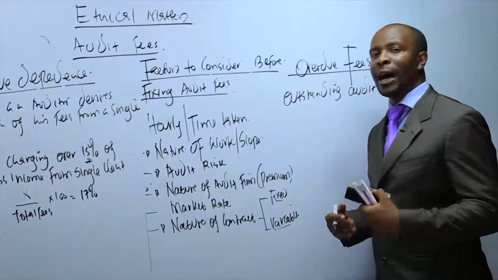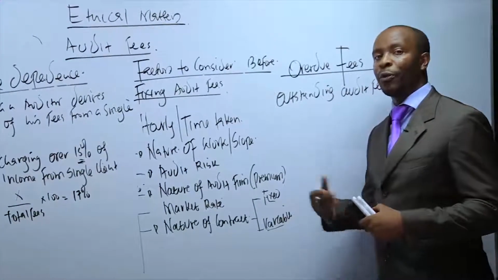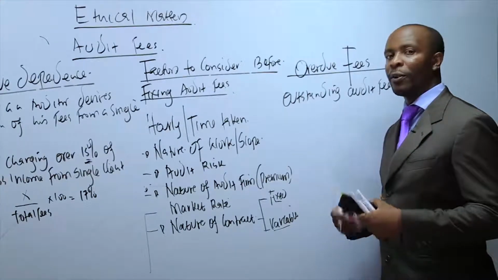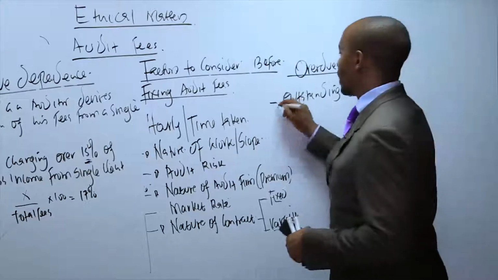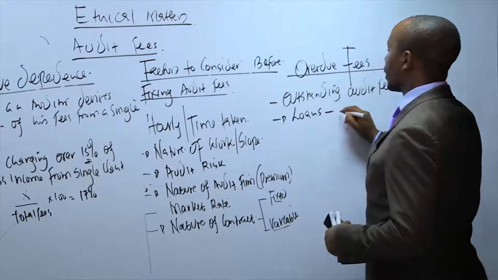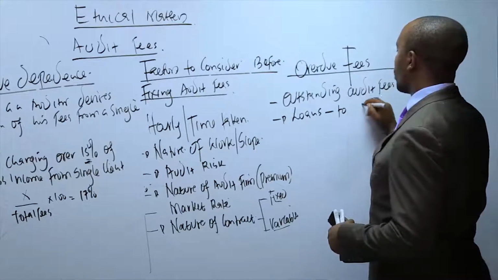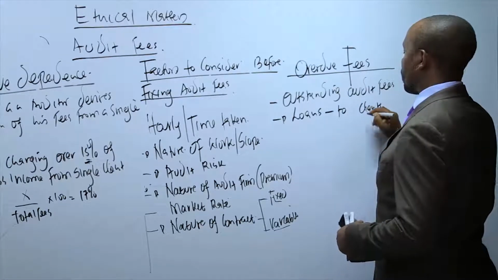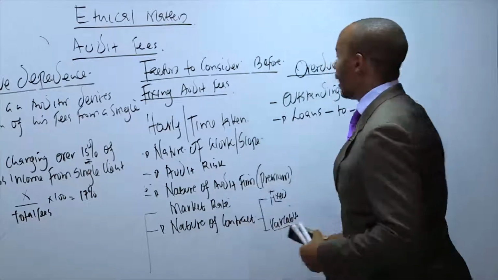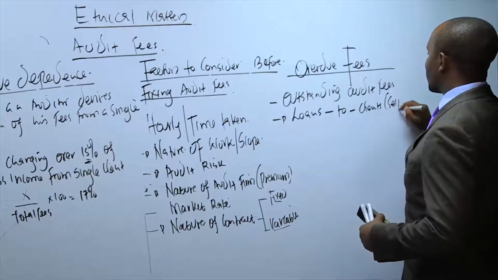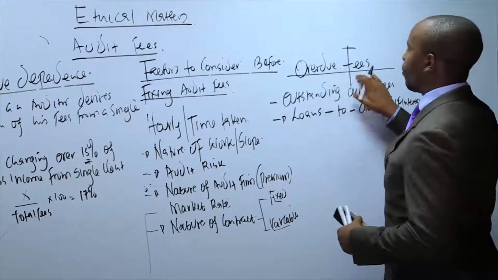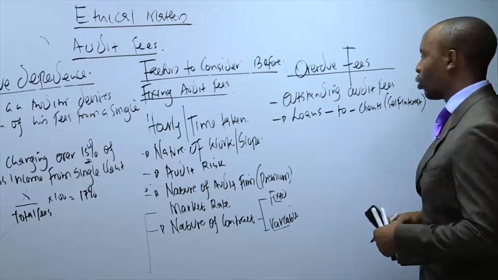now the auditor will have to wait until he's paid, and so the client becomes a debtor while the auditor becomes a creditor. In the real sense, it is like an auditor is providing what? Loans. To who? To the clients. So that is like loans to the client. If you go back to the previous lessons, you realize that we said loans to and from the client create a self-interest threat. And therefore, if you find that you have not been paid fees for quite a long time,